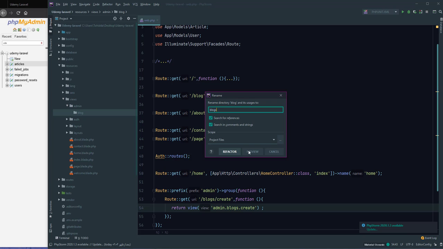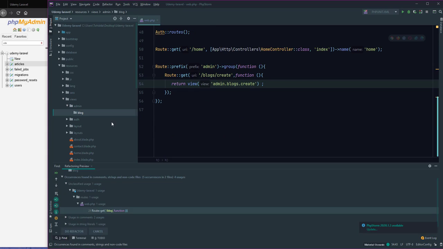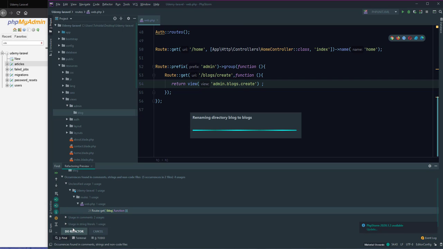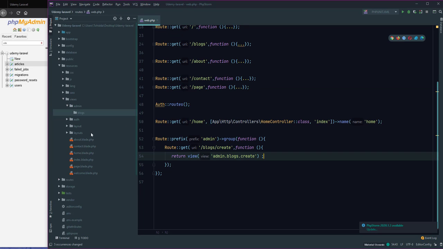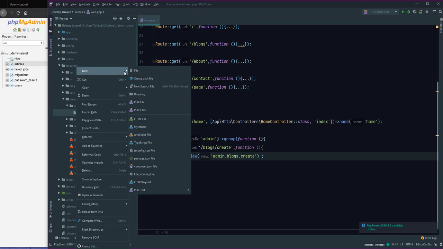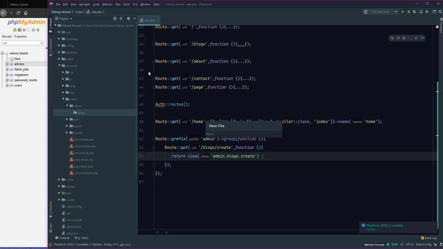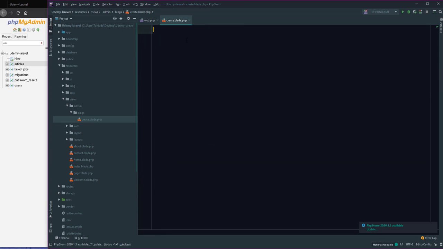Okay, and create a new file and the name is create.blade.php. Okay, we can use HTML or we can use